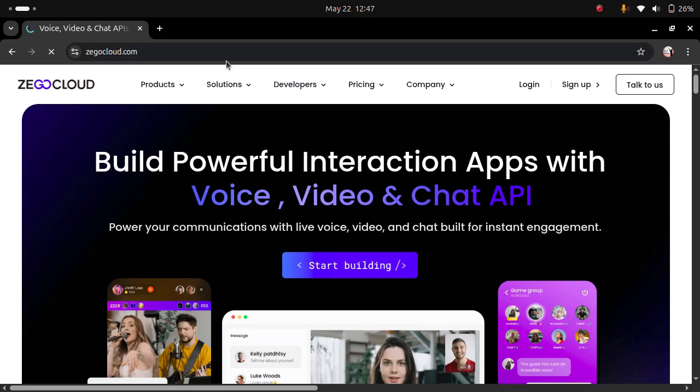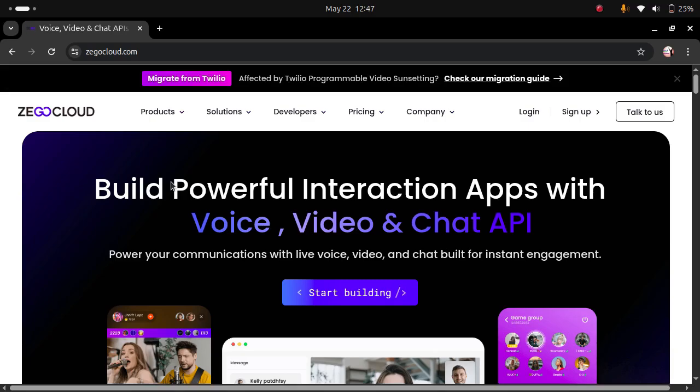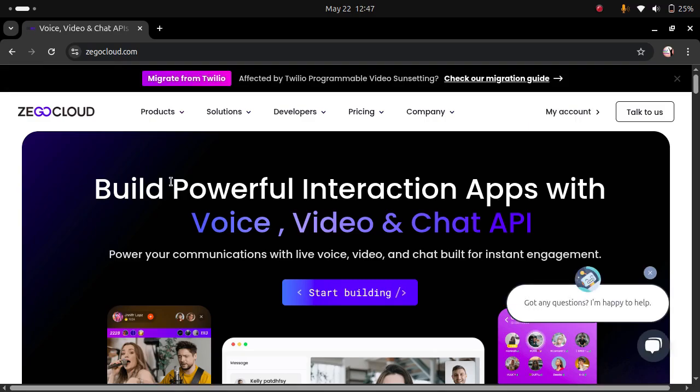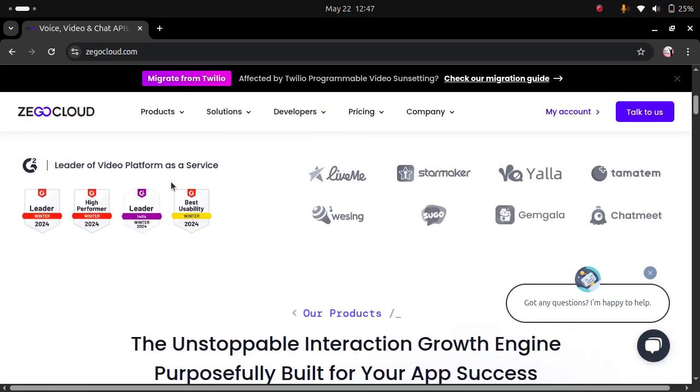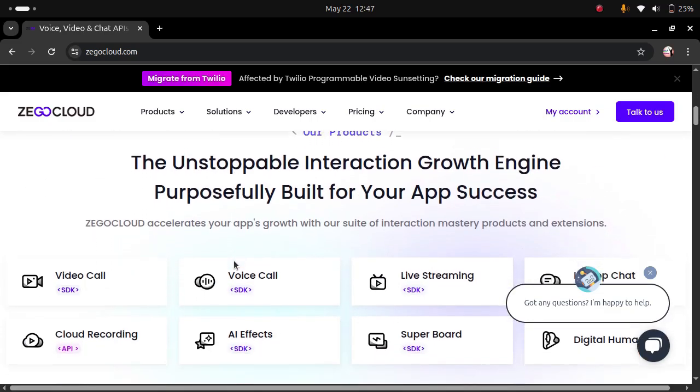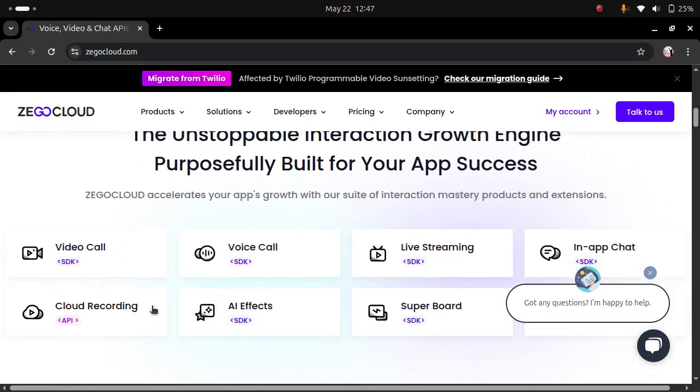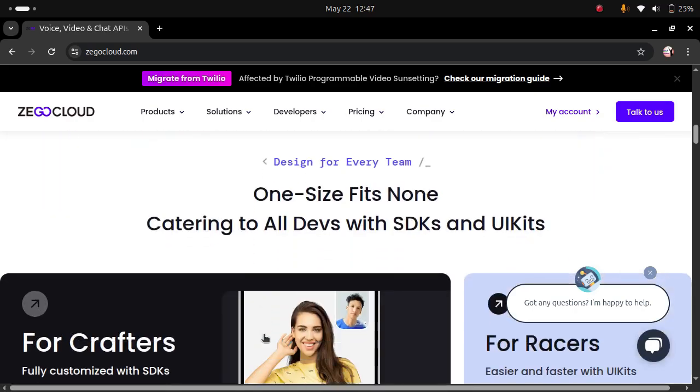and you see so many of the features that ZegoCloud offers. It offers so many things to build powerful interaction apps with voice and video and chat APIs. There are so many companies that have trust in ZegoCloud, companies like LiveMe, StarMaker, Gamgala, ChatMeet, Yala and Timatem, and so many others. You can get video call SDK, voice call, cloud recording, live stream, in-app chat, and so many other